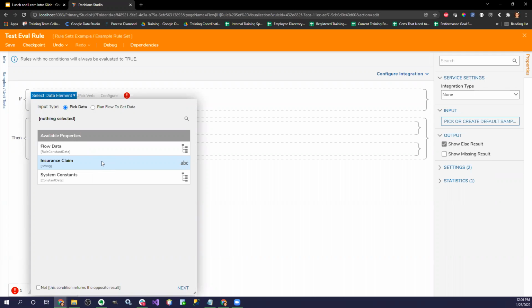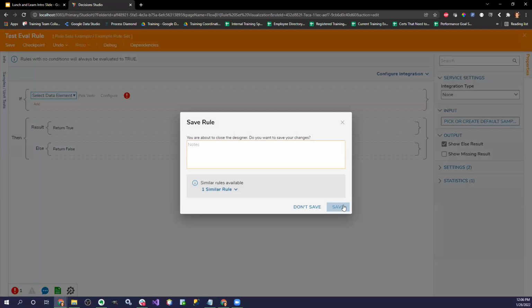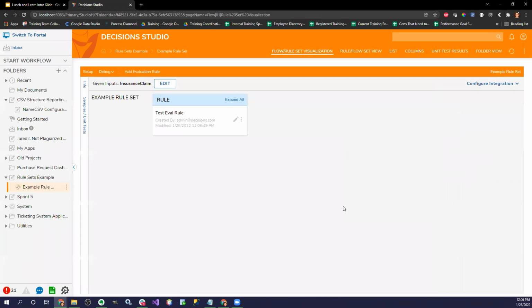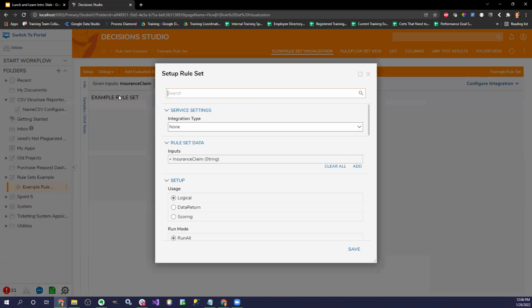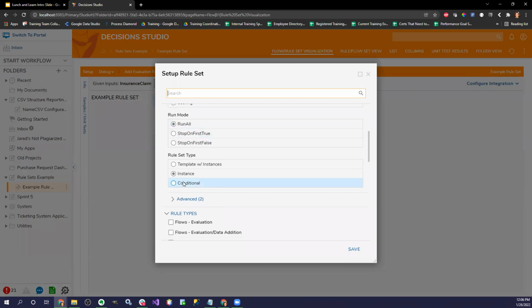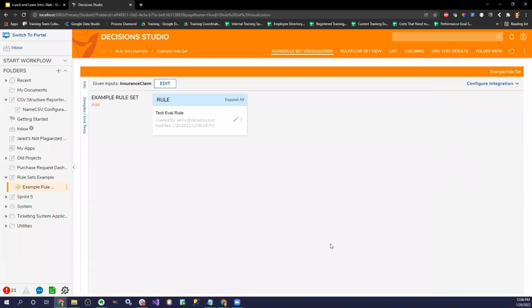The second thing why I think this would be a good use case for you guys is because you can have different types of rule set, I think they're just called different rule set types. So we have one that's called a template with instances, which is actually in our new Sprint 3 application, we actually teach students how to use this.